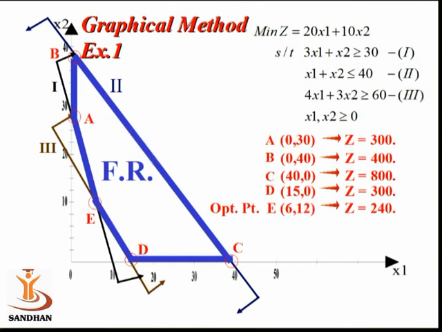So here you can notice for the maximization kind of problem, C (40, 0) and z equal to 800 could be the solution. Again, I remind you that I am talking about maximization of z in the same problem. Then the solution is going to be C (40, 0) and z will be 800. Friends, so this is the completion of the problem: how the constraint equations are drawn, how the objective function is calculated, and how we obtain the minimum value of z or maximum value of z using the extreme point method.